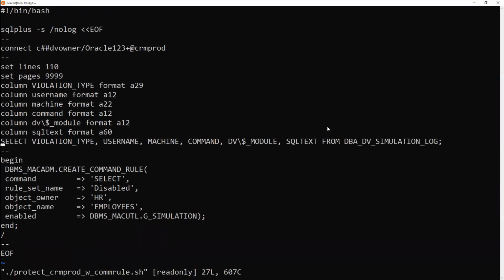We could use realms here to protect all objects. I use a command rule. I like command rules. I think they're more granular. They give you more exact control over what you want. If you want to protect everything in that bucket, everything against that employees table, or everything in the HR schema, whether it's select, insert, update, delete, truncate, alter table, right, everything,